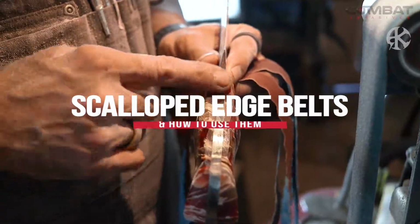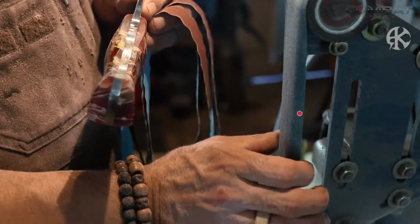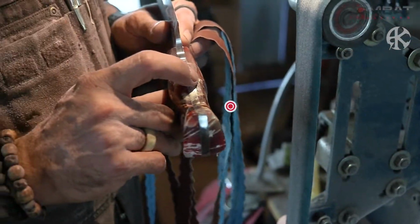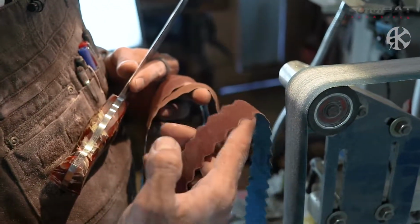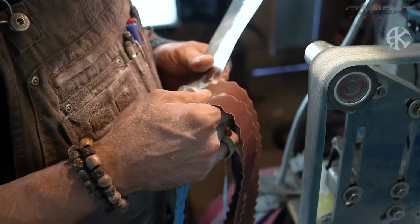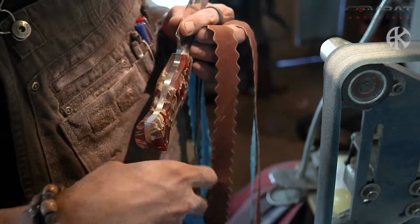Because we have a small little belly over here, it will be so hard to actually contour it with the J-Flex, because it has a hard edge and it may cut into my handle. And this is why I'm using the scalloped edge belts, 1x72, and it can perfectly go through those areas. The reason they're shaped like this is because they don't give you a cut if you go around